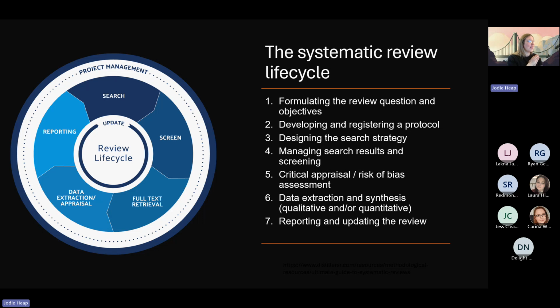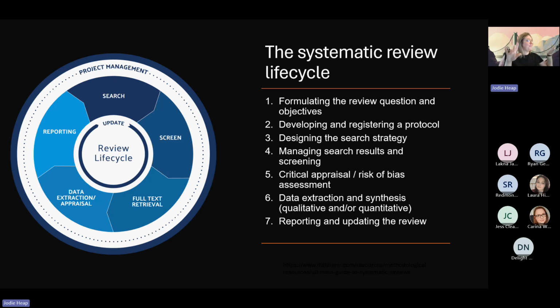Okay, so let's start to think about how we do a systematic review. What are the stages? What are the processes? I'm going to go over this a couple of times from a few different angles, and hopefully that will make sense. Because I think one of the issues that we have with systematic reviews is it's all a bit